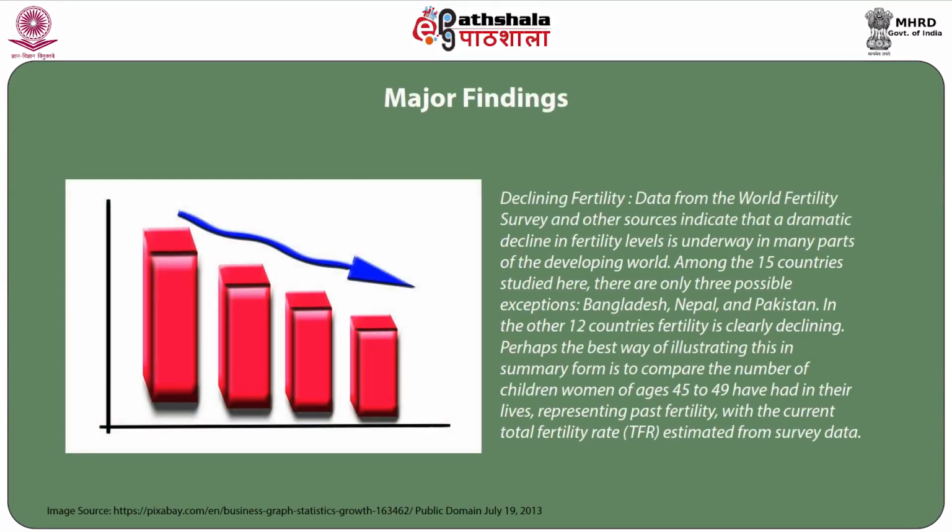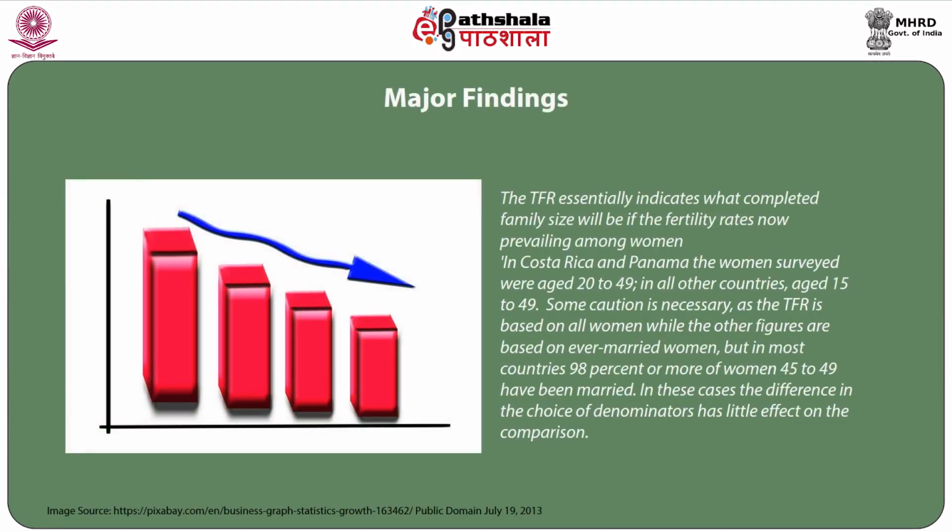Major findings. Declining fertility. Data from the World Fertility Survey and other sources indicate that a dramatic decline in fertility levels is underway in many parts of the developing world. Among the 15 countries studied here, there are only 3 possible exceptions: Bangladesh, Nepal, and Pakistan. In the other 12 countries, fertility is clearly declining. Perhaps the best way of illustrating this in summary form is to compare the number of children women aged 45 to 49 have had in their lives, representing past fertility, with the current total fertility rate estimated from the survey data. The TFR essentially indicates what completed family size will be if the fertility rates now prevailing among women